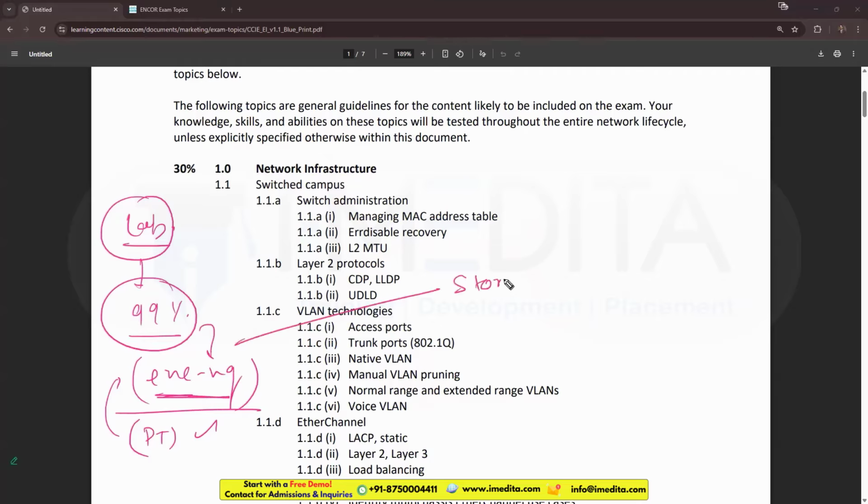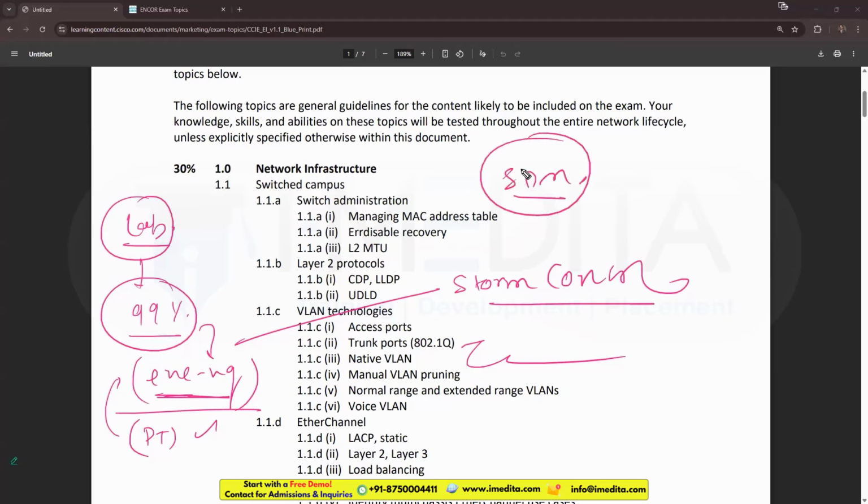such as storm control. The switches that we have in EVNG do not support this storm control feature properly. Some commands of storm control are not there. Different images need to be tried, but storm control you will most probably not be able to implement. Similarly, the test etherchannel command. A few commands are not there in the EVNG, but the rest you will be able to practice in the EVNG. SDM, switching database manager templates, we'll talk about it. SDM templates you can't practice in the EVNG. So we will talk about a few things that you can't practice in the EVNG, but other than that,